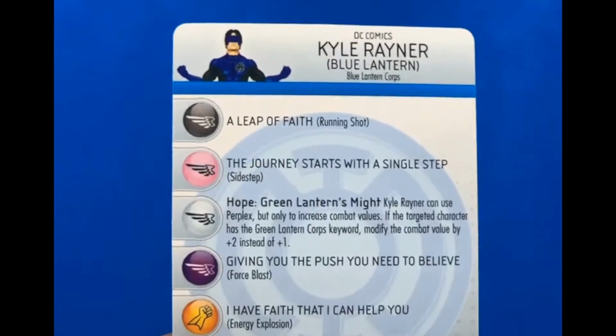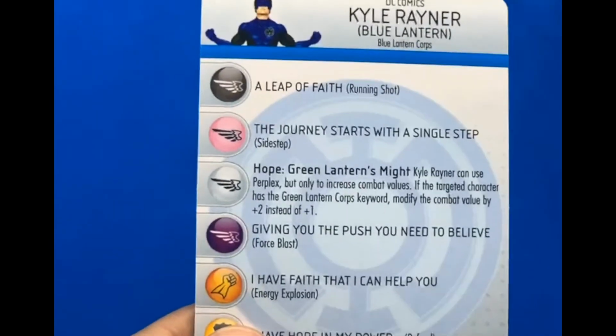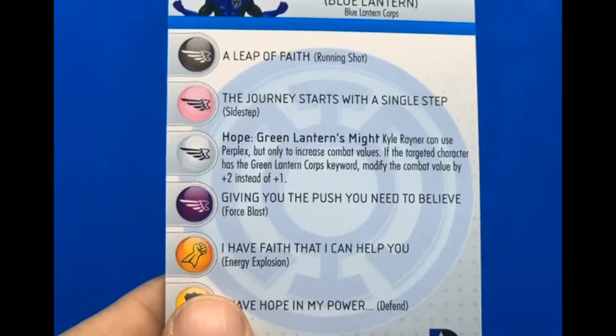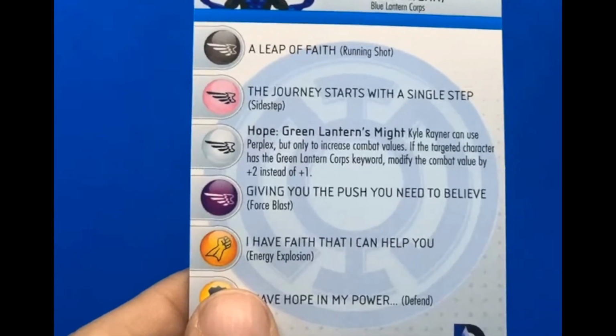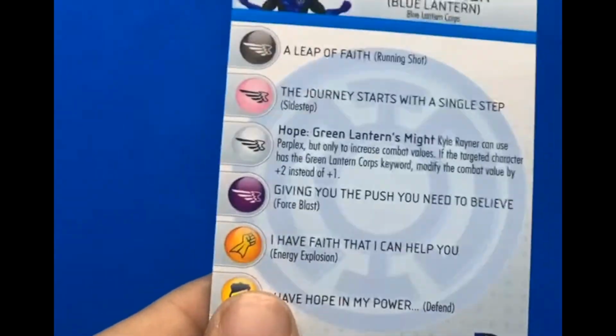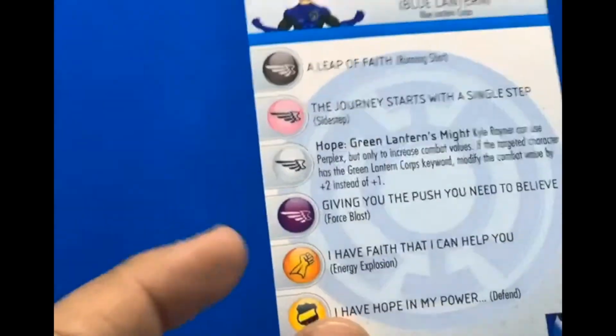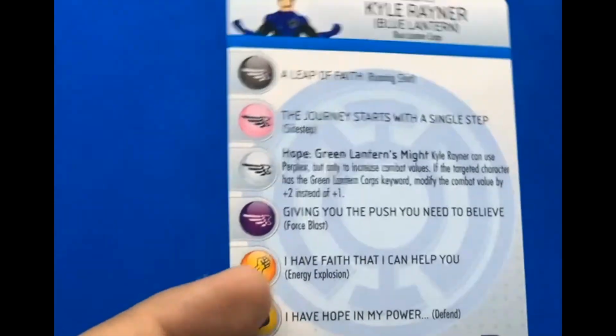We can see Kyle Rayner, Blue Lantern Corps. He has Hope, Green Lantern's Might. Kyle Rayner can use Perplex, but only to increase combat values. If the targeted character has the Green Lantern keyword, modify the combat value by +2 instead. Very strong. It is a movement power, so he is not going to be any move and attack, but at 85 points with some defend,